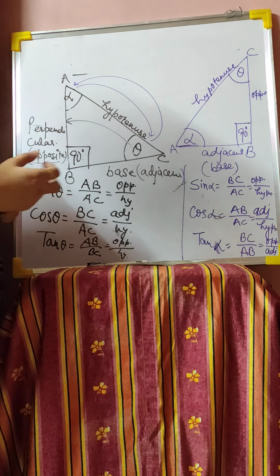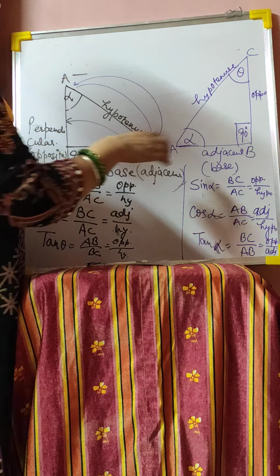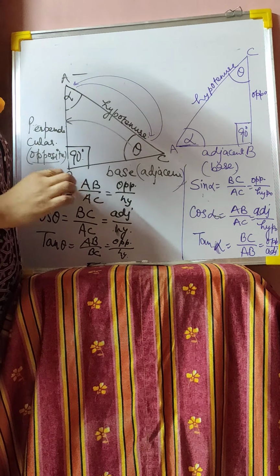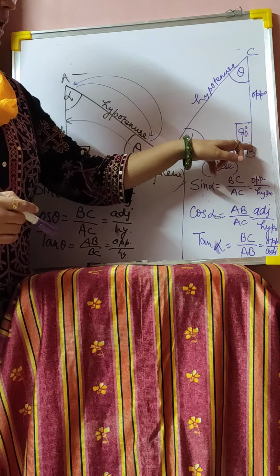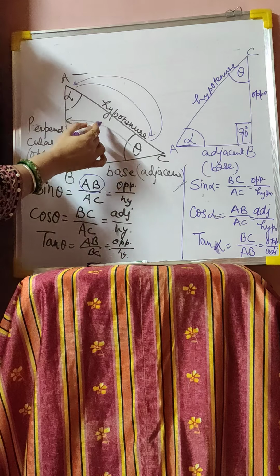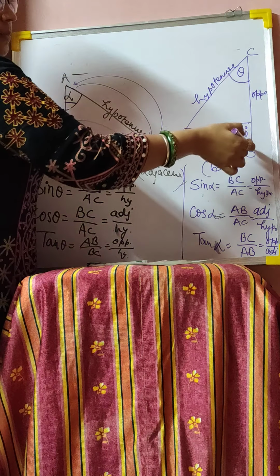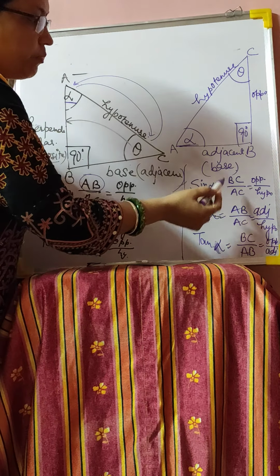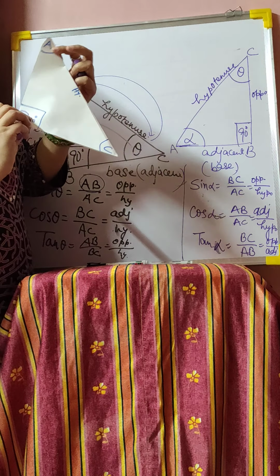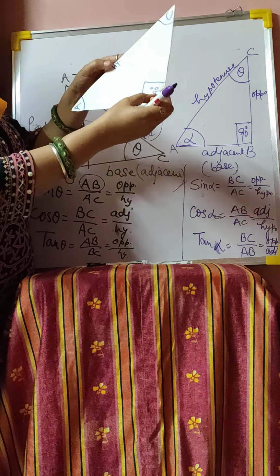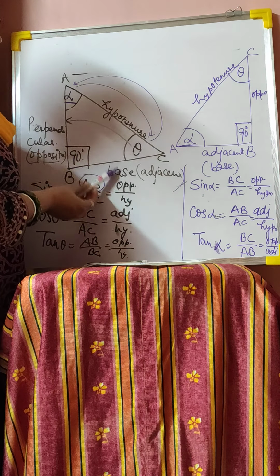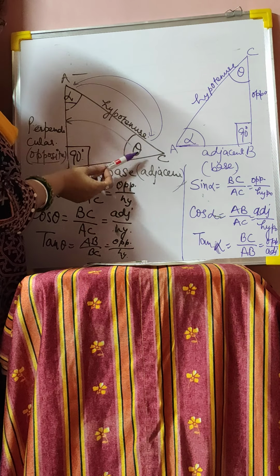But here, how things change: we know that the side adjacent is known as base, the side opposite is known as perpendicular. So here, your perpendicular became BC. Earlier it was AB. But now when we are considering this angle alpha, it became BC. It flipped. So now if it is BC, the hypotenuse will be the same as we have seen here. Hypotenuse is AC and then hypotenuse is again AC. But these perpendicular and base get interchanged when we are changing the angles.